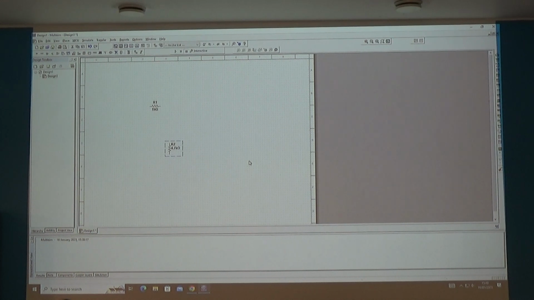Okay, so we can rotate the components. We can pick the components from a list. Let's try